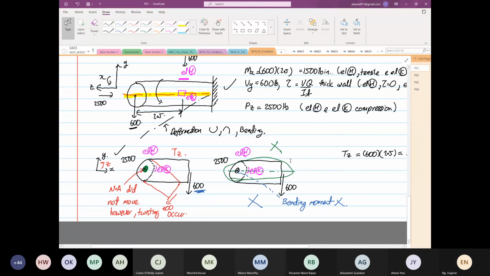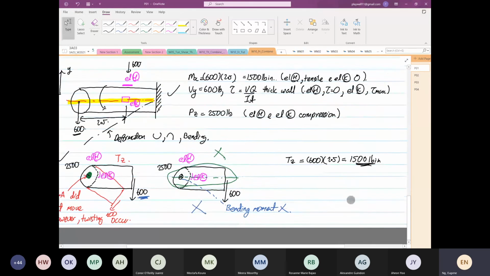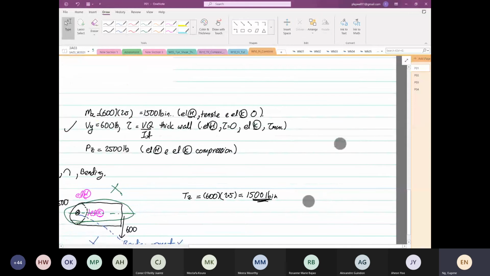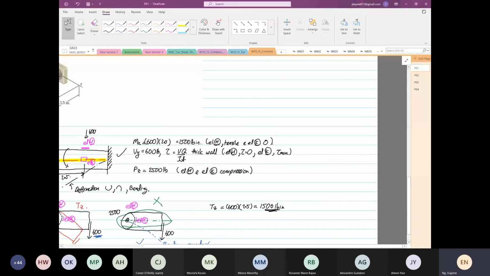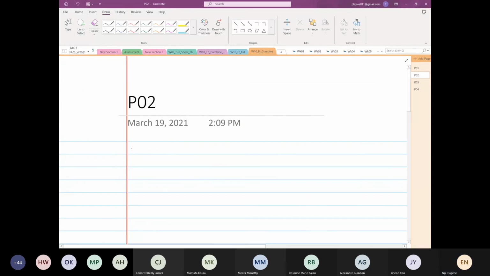Okay, so now we know that we have... let me see, can I squeeze here? Let's look at our shear. Our shear Vy is 600, torque is 1500. Shear Vx, yeah,